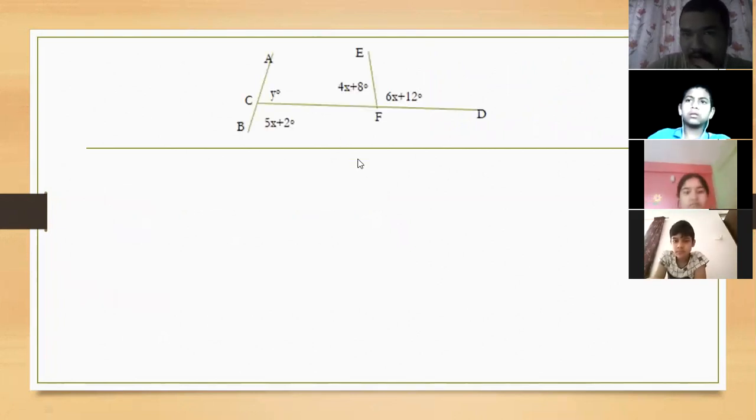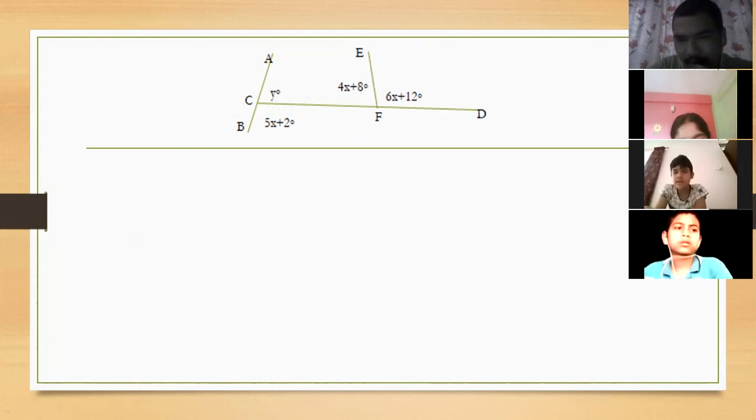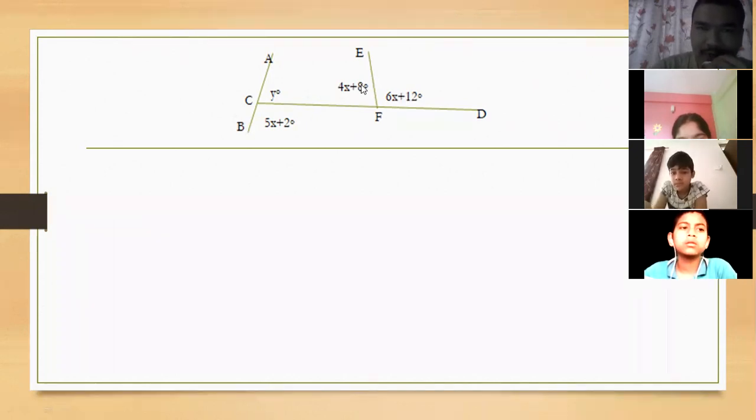In this figure, look here. First of all, we have to add these two angles. Why do we have to add these two angles? You know, because they are like terms. 4x, there is 6x. We can add them. That's why we have to start from this one. And these two angles make which angle? Straight angle. Good, Salim. These two angles make a straight angle. That's why we have to start from these two angles, right?